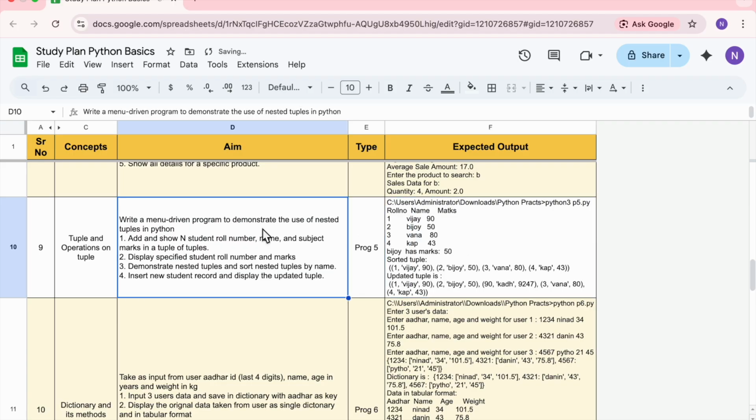Okay, so in a tuple of tuple, that is a nested tuple, display. It could have been better if I had written nested tuples, but anyway, display specific students' roll number and marks, demonstrate nested tuples, and sort nested tuples by name, insert new record, and display the updated tuple. Okay, so as you can see over here, we are taking four students, their roll numbers, name, and marks. Then we are displaying